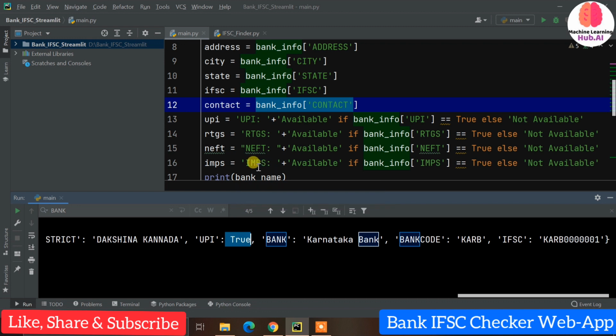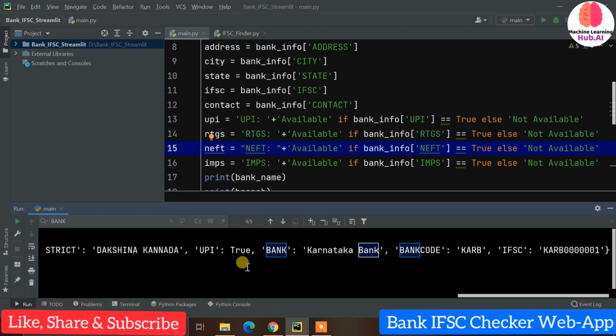So we are just simply doing it with if and else. First of all, UPI is mandatory. Now we are using if and else in one line. It should print available if this is true, if UPI is equal to true, right? So here we have defined a condition.